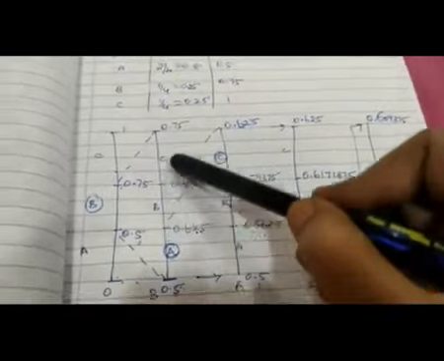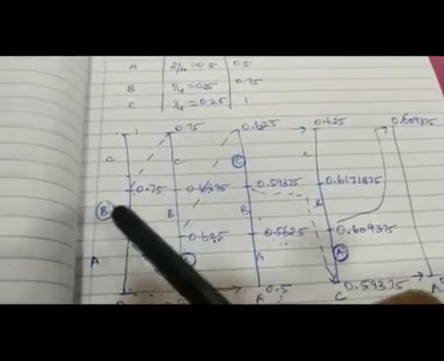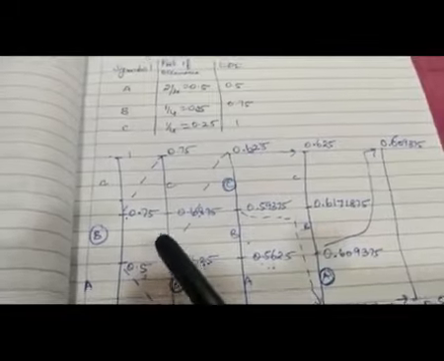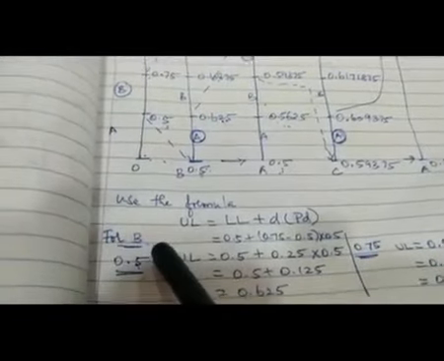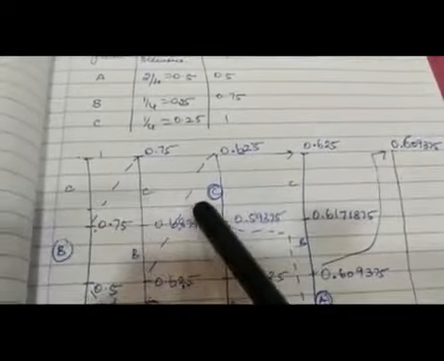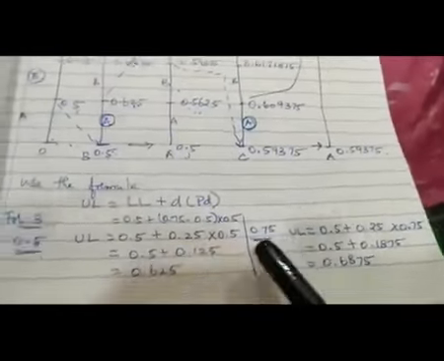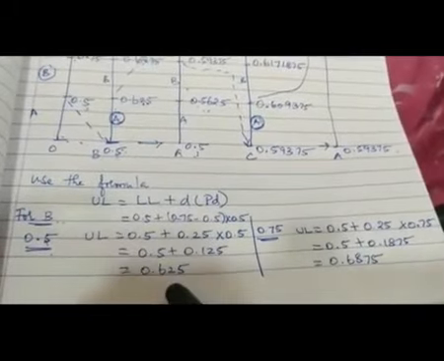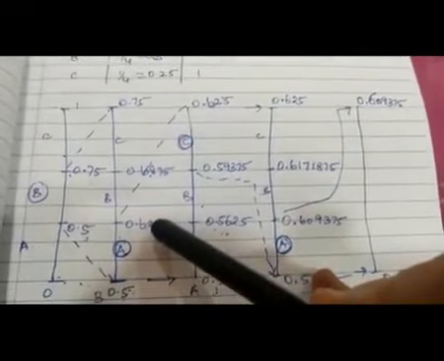This tree is for the calculation of the symbol B, because that is the first symbol of our message BACA. So that's what I have written here. For B, for the first location it is 0.5, and in the calculation at the next location it is 0.75. So we have calculated the values as 0.625 and 0.6875 and written them in these locations.